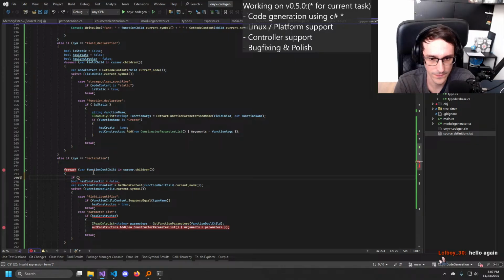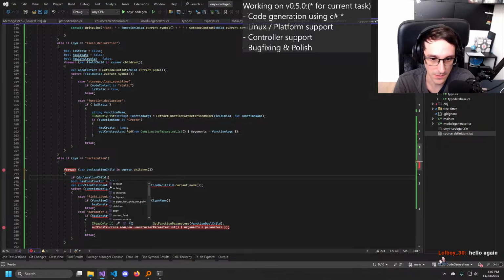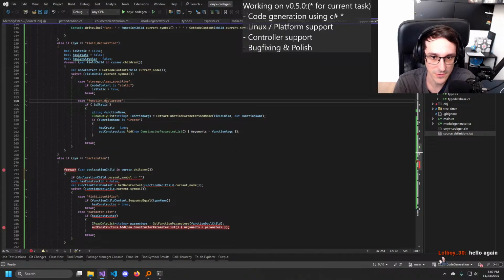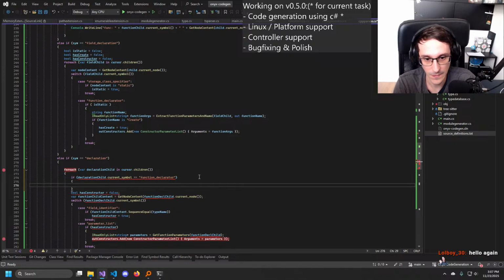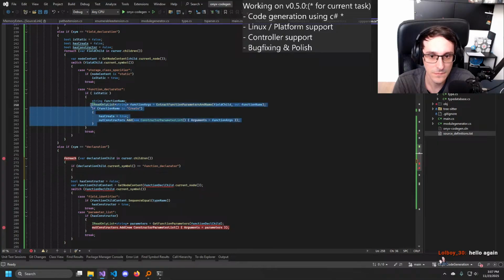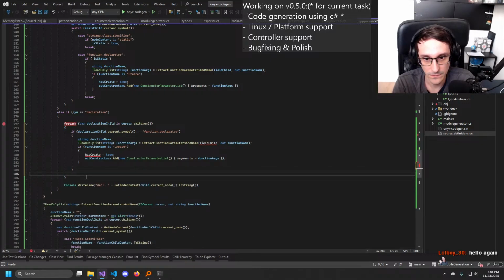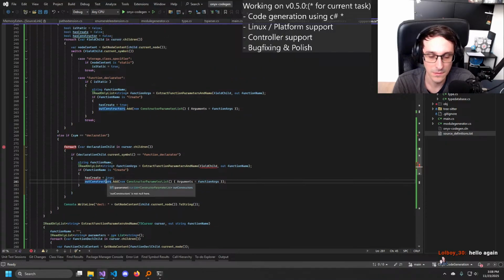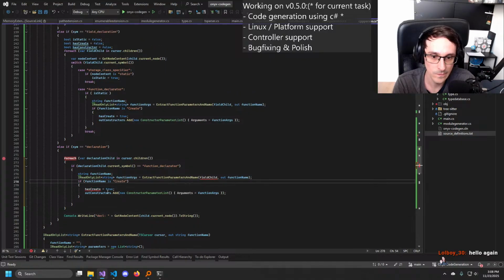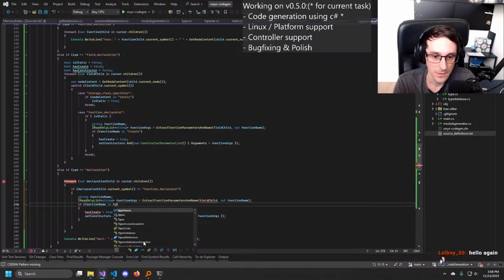And if function or like declaration child current symbol is function declarator, and we do the same thing. If function name is type name,